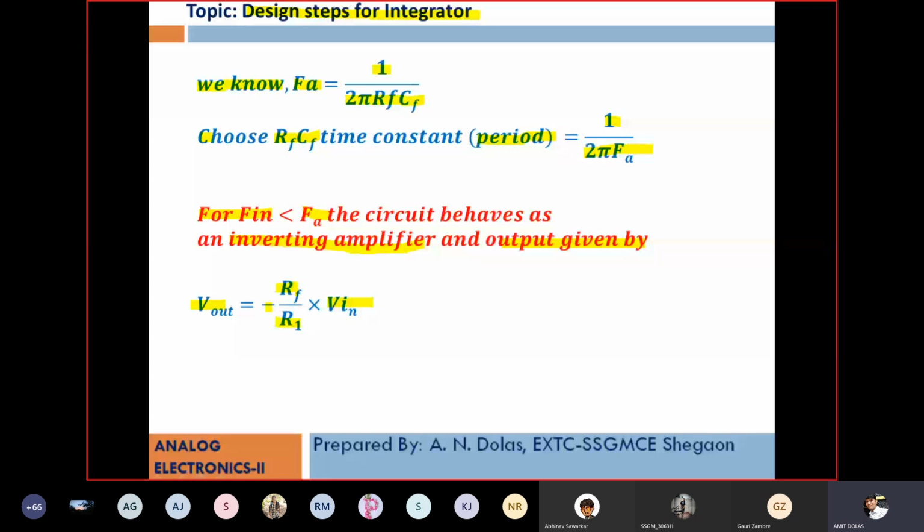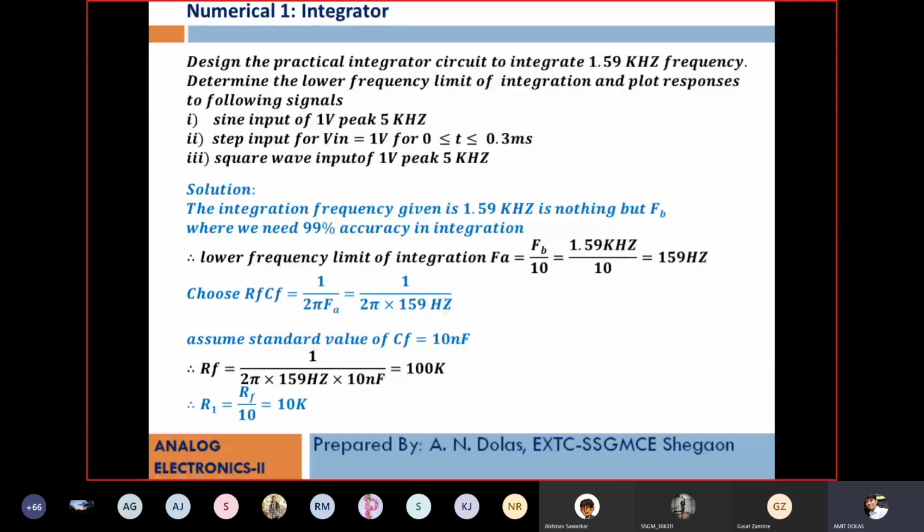If you refer to Ramakant Gaikwad, there in the differentiator as well as the integrator, a ratio of 20 times is taken, while D Roy Choudhury has told 10 times. So don't you worry about it. It is a minimum requirement, that is 10 times. You may go for 20 times, but it should not be less than 10. So set one standard and use the same, rather than getting confused.